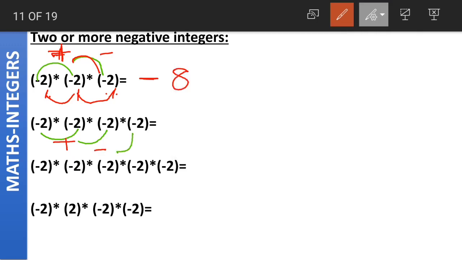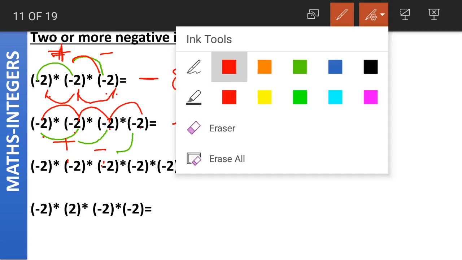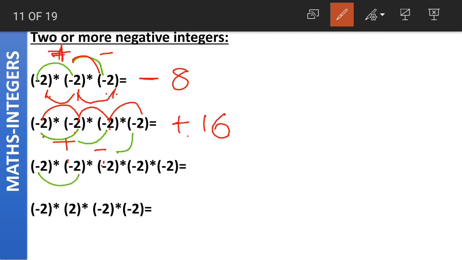And this minus into minus, sorry. Both the signs are same, so the final answer will be positive. Is this clear? Minus into minus gave us plus. Plus into minus is minus. Minus into minus is plus. Now coming to the absolute values, 2 2s are 4, 4 2s are 8, 8 2s are 16. Understood class? First we find out the sign of the result and then we multiply the absolute values of the numbers. Coming to the third example, minus into minus is plus.